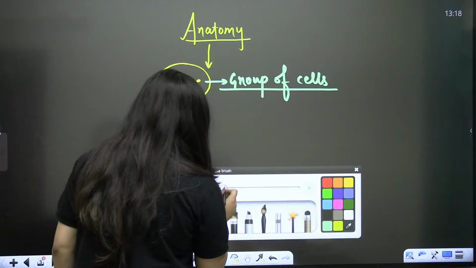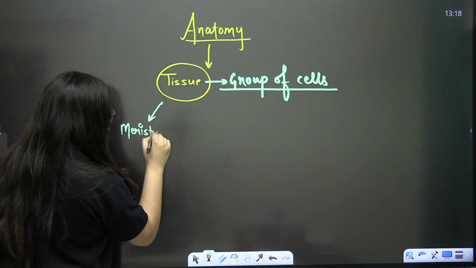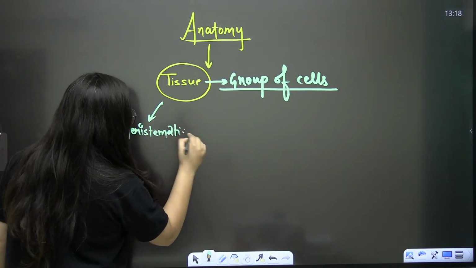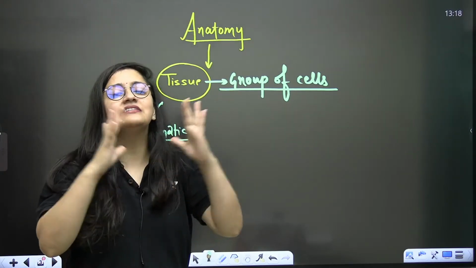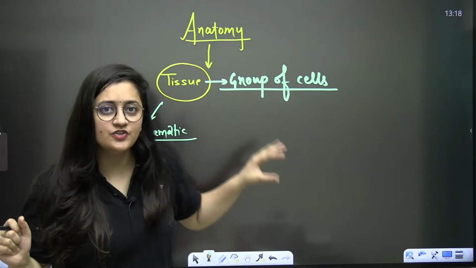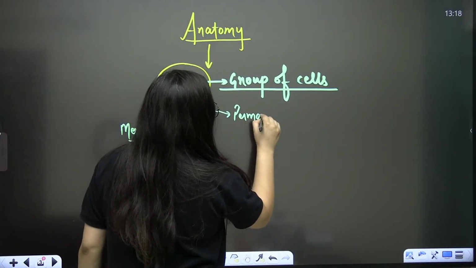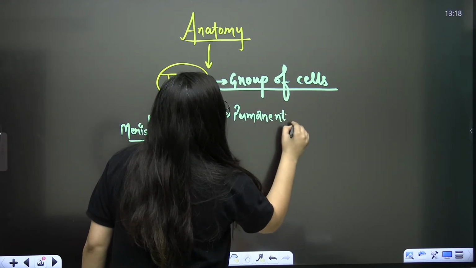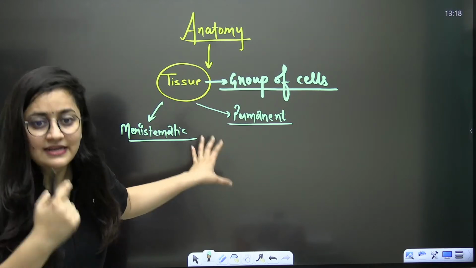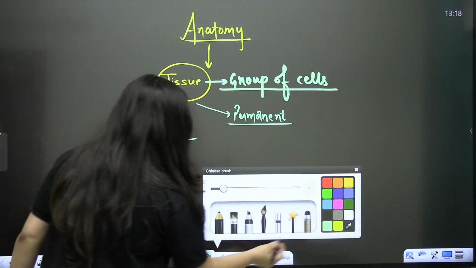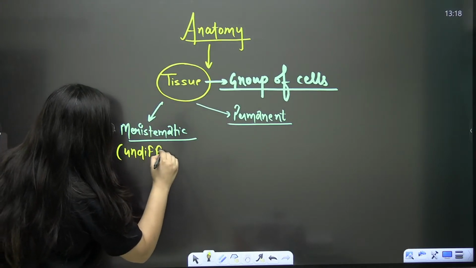Now when you are talking about the plants, we have already discussed that we have the meristematic tissue, which is actively dividing tissue. It will keep on dividing and it helps in the primary as well as the secondary growth of the plant. This is what we have already covered. And second is the permanent tissue, where cells are differentiated. So if in one word I have to explain meristematic tissue, it is the undifferentiated tissue.